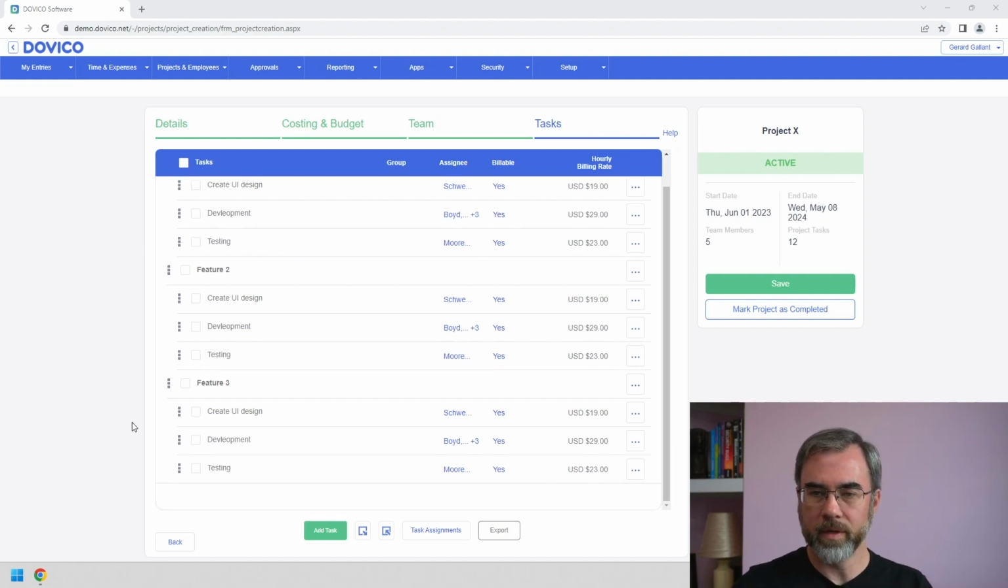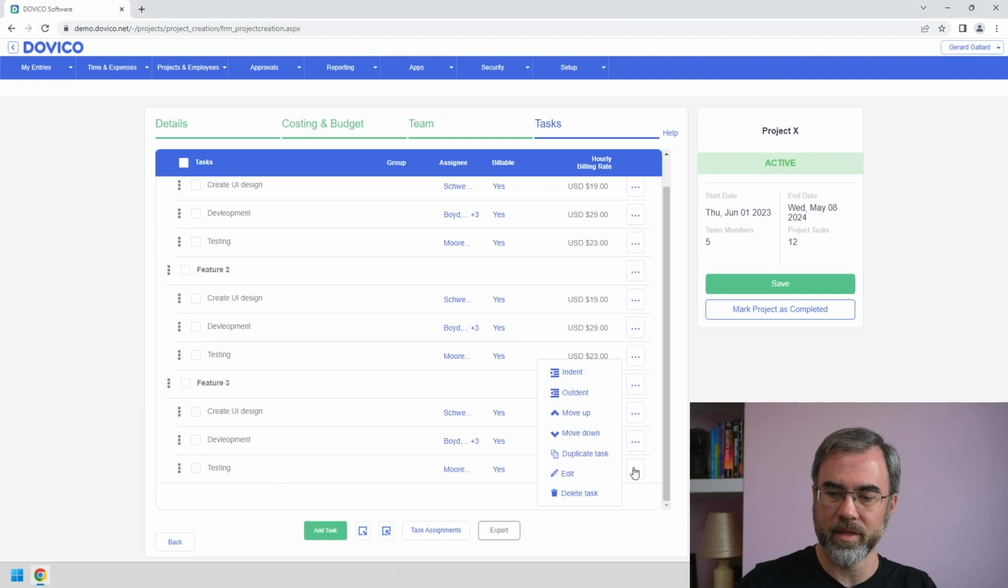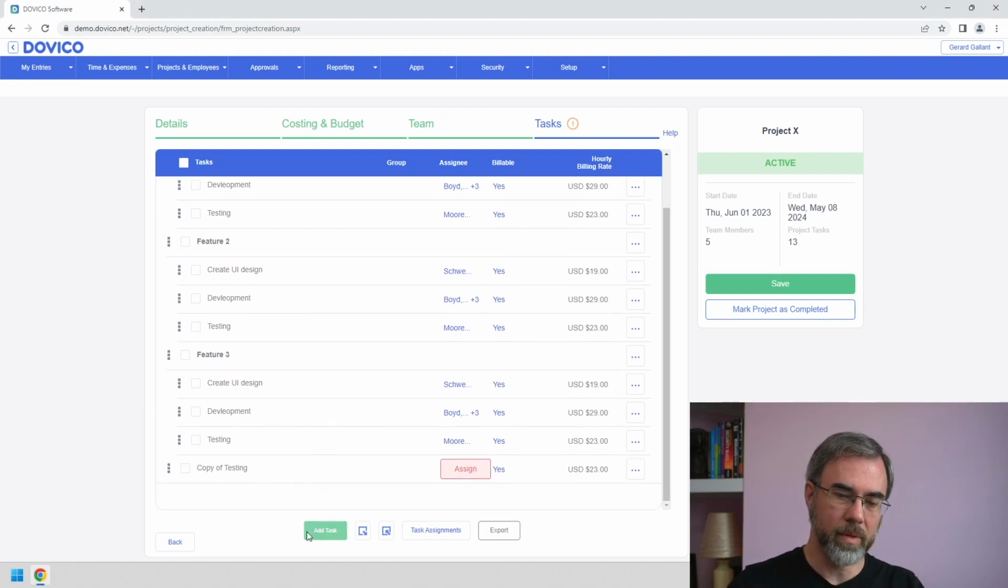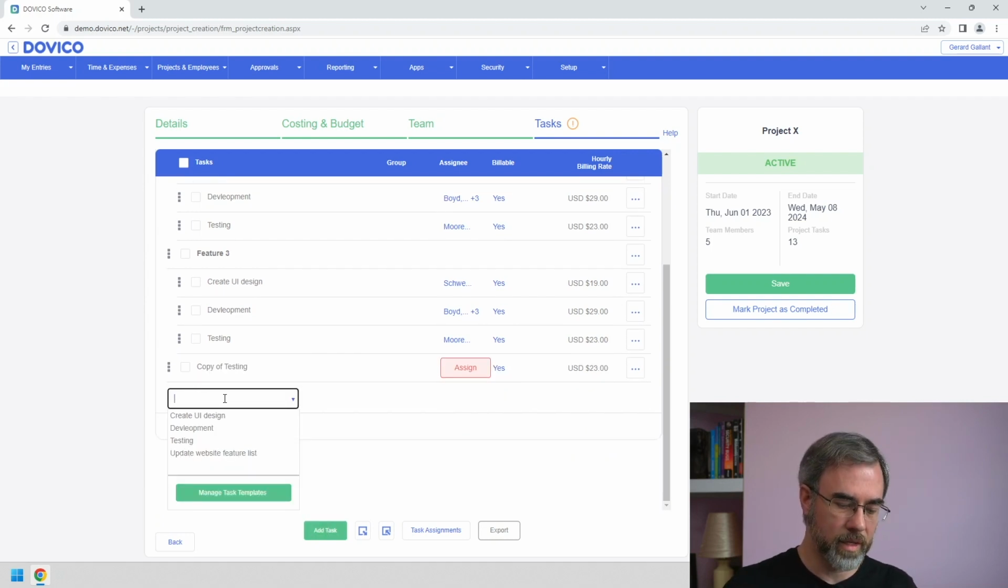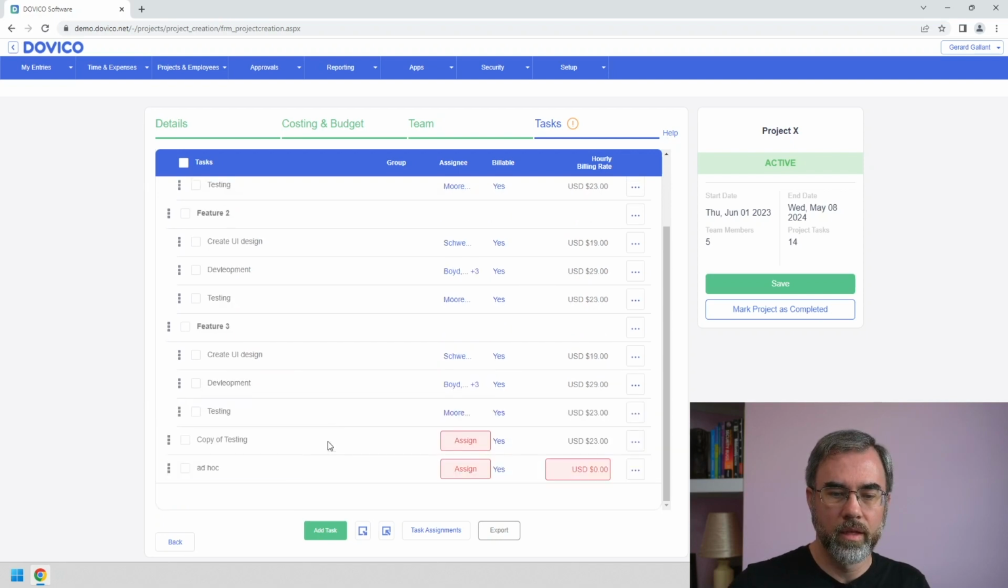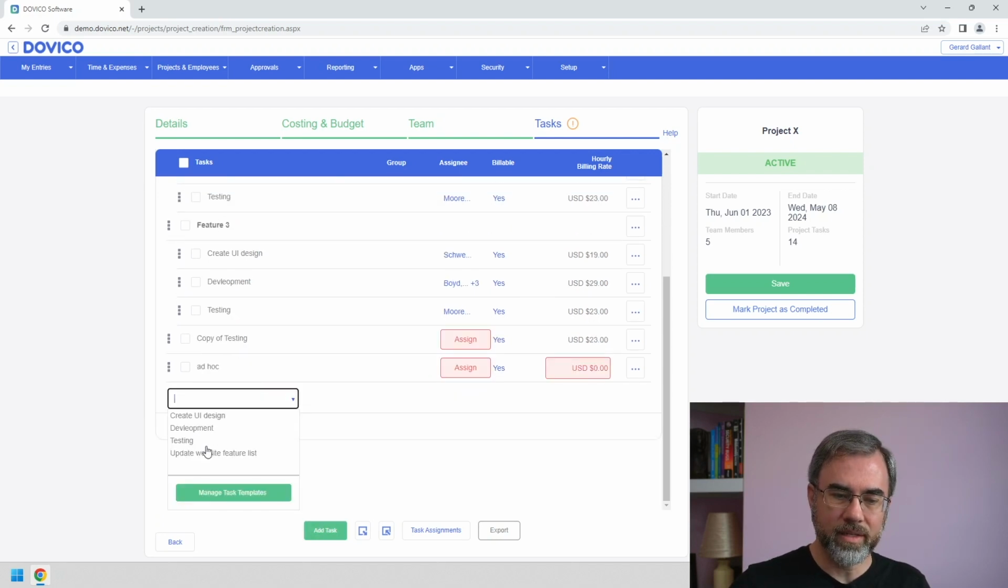So in this view, there are 3 ways to create a task. The first one is by creating a copy of a task. Click the ellipsis button, choose Duplicate Task. Second approach, click Add Task, type in a name or paste in a value. And then the third approach, click Add Task, and you see a drop-down list of task templates that are in